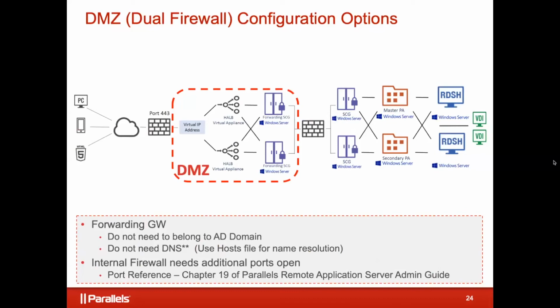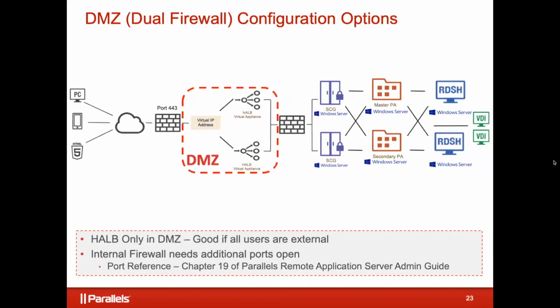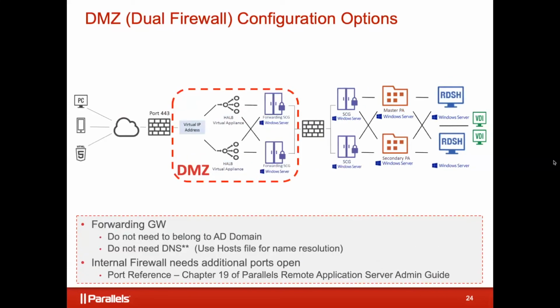Right. So in this case, I've got a couple of forwarding gateways out there, and they're matched up to the couple of forwarding gateways internally. They can match up to more than one. So that gives me some redundancy that way. I really wouldn't go down this approach too often. I would really stick with this in most cases. But there is a scenario where you might want to do this, and let me show you that next.